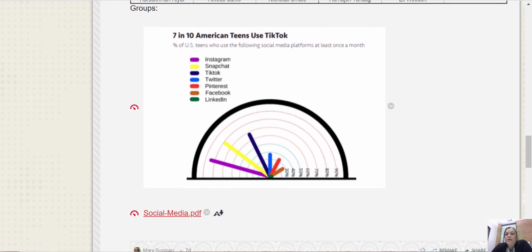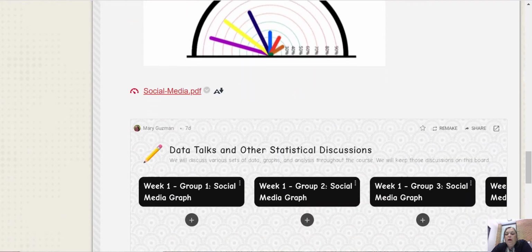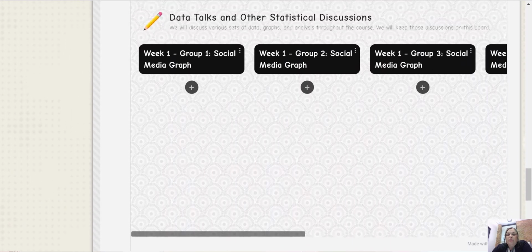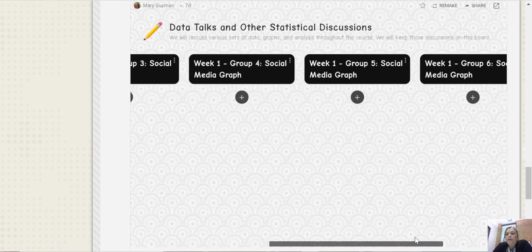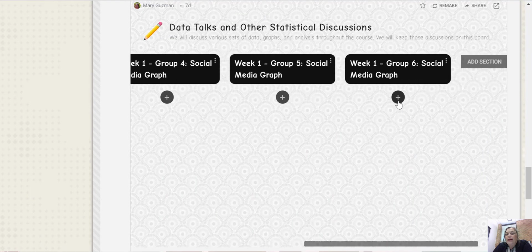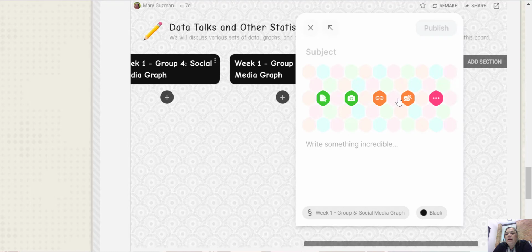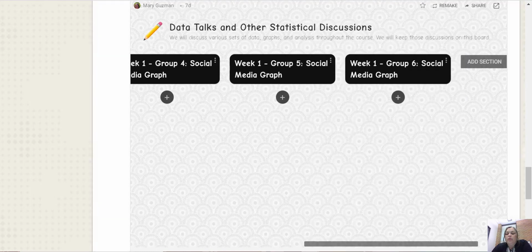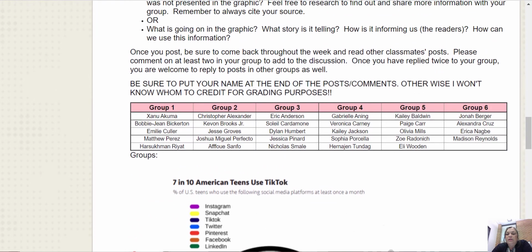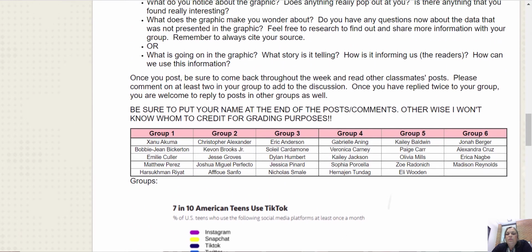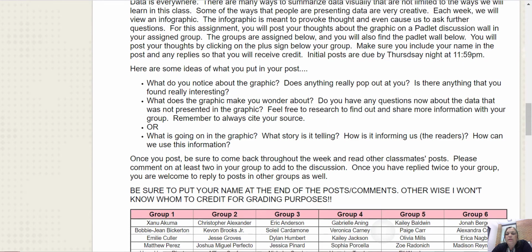Here is the image that we're reviewing this week. You'll find your group. You might have to scroll over to find your group. If you're in group 4 or group 5 or group 6, you'll have to scroll over, and when you're ready to add your post, you just hit a plus sign. It's another Padlet wall, just like the place where we're doing the introduce yourself discussion, and then you'll need to reply to at least 2 of your classmates. The initial post, I believe, is due Thursday night.